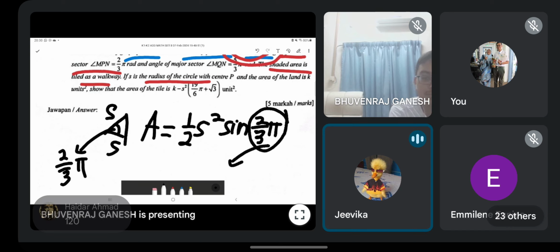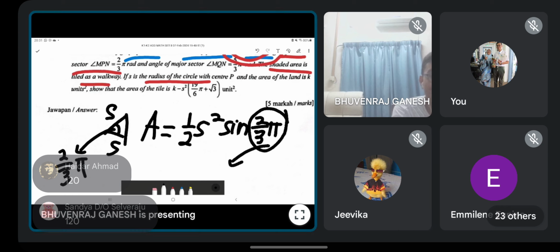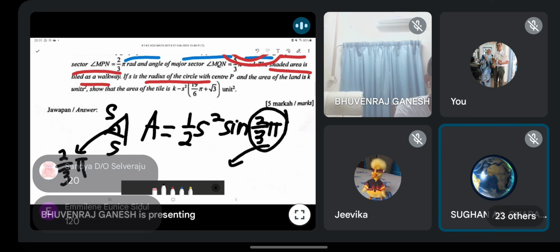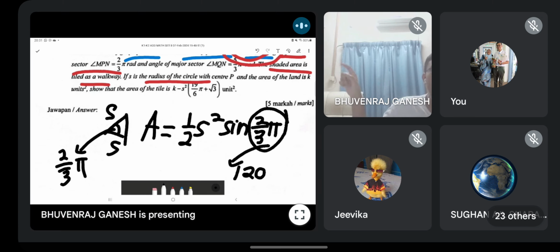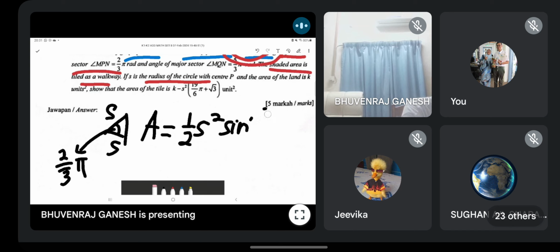Is it 0.0365? Where got? Degree mode. 120. Yeah, 120. Very good. Okay, 2 over 3 pi is 120. You times 180 divide by pi to convert from radian to degree. So you should get 120. So I directly replace this with 120 degrees. Okay, I don't write 2 over 3 pi lah. I write 120 degrees. So now guys,